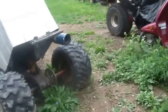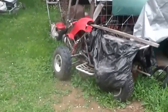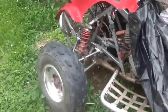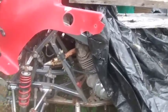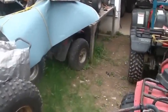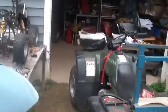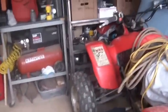You guys remember the Honda 300EX sitting right out here underneath this black tarp and so forth. What I did is I popped for a frame with proper identification, and I'm about to start moving things over, but what I wanted to do first was decode the ignition system and the wiring system and the wiring harness, and I figured I'd bring you guys along for that,